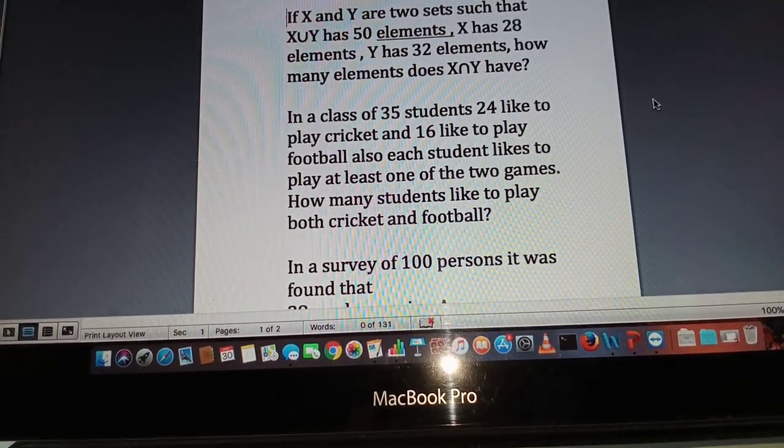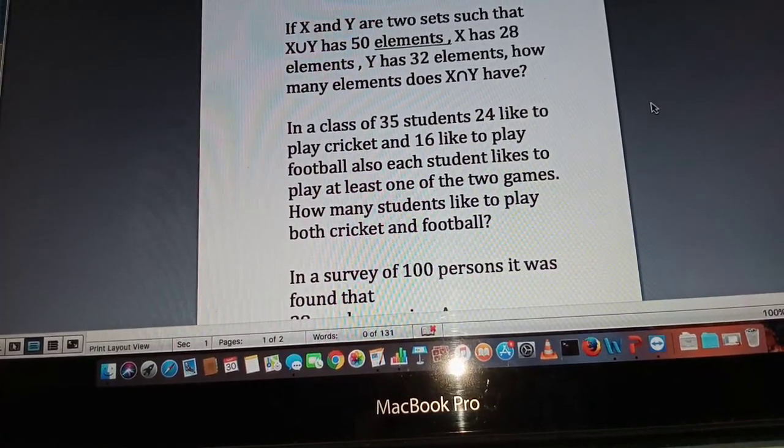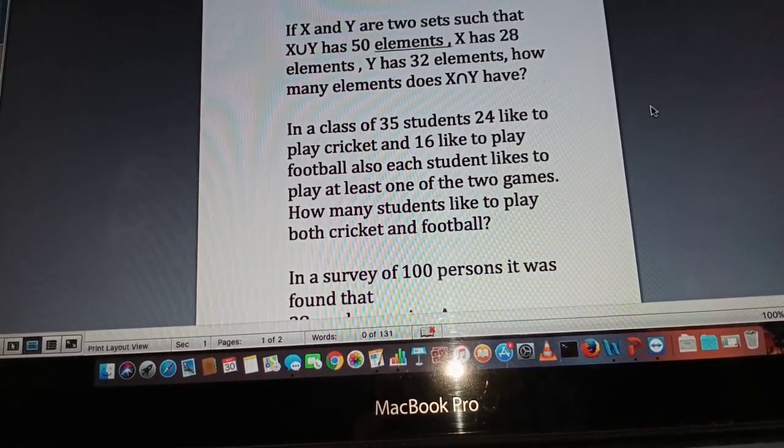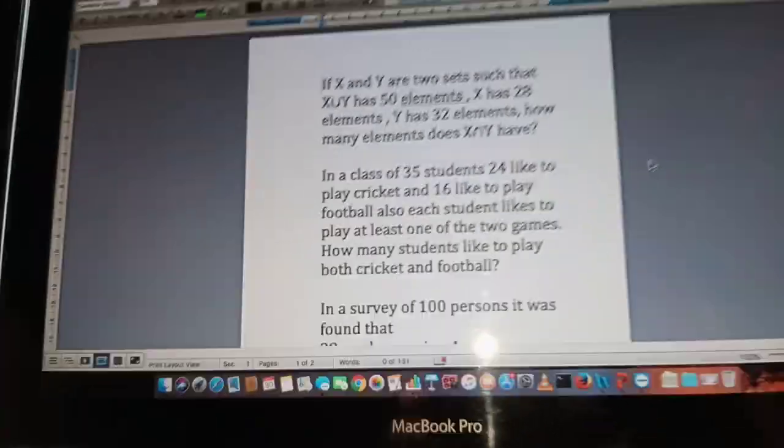Each student likes to play at least one of the two games. Then how many students like to play both cricket and football? Okay, so I will start the solution as